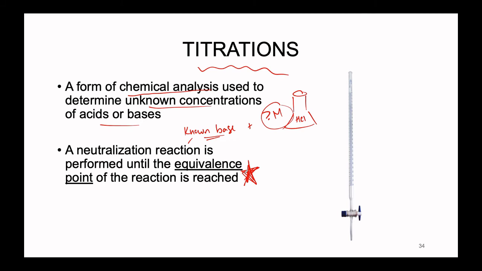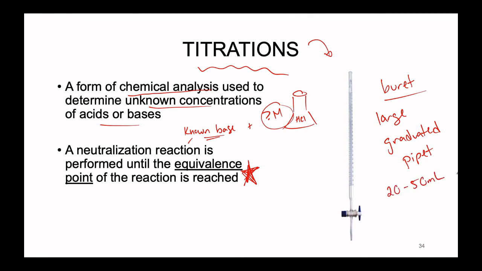All right, so the device that we use to perform a titration reaction or a titration method analysis, we can see here on the right, this is known as a burette. The big advantage of a burette is that it is a large graduated pipette. And at least at the undergraduate level, burettes tend to be anywhere from 20 to 50 milliliters in volume. So this burette here looks, just by judging off of the tick marks, like it's probably around a 25 milliliter burette. And again, the great usefulness here is that it's a really nice way to measure volume